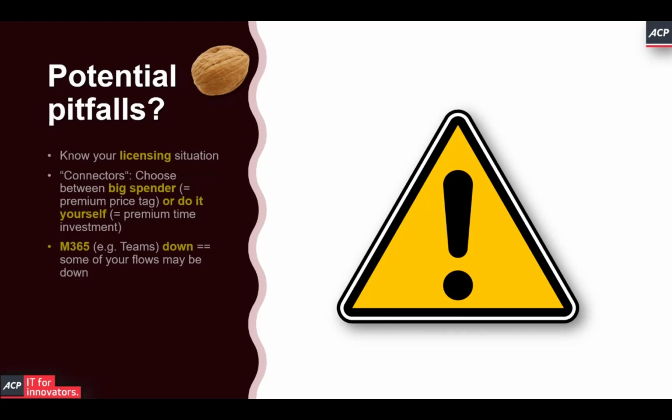Another thing to remember is Power Automate is integrated within Microsoft 365, which means that if Microsoft 365 is down, then some of your flows may be down. You might still be able to access them, but of course, all the connectors are usually heavily based and depending on Microsoft 365. So for instance, if you work with Teams a lot and Teams has some issues, your flow will also have these issues. So always make sure that you have a good situation of the tenant health and the services health before you start analyzing why, for instance, a flow would take much longer than usual.